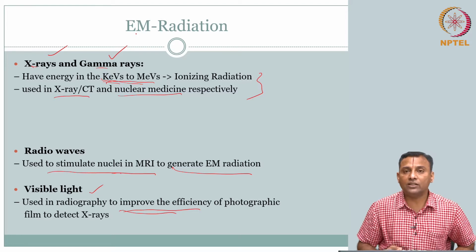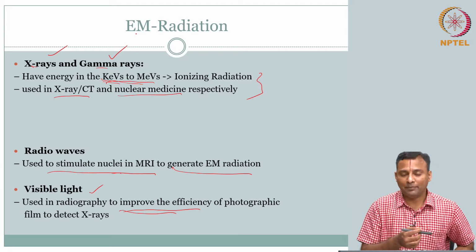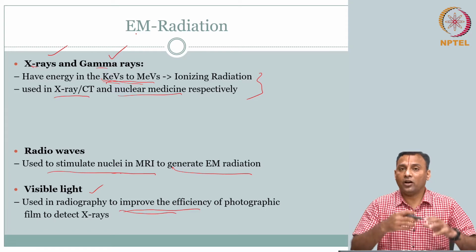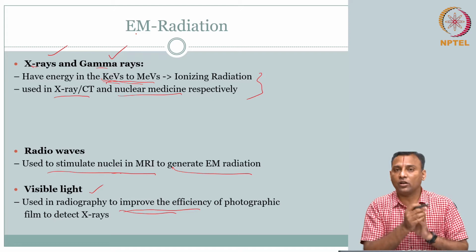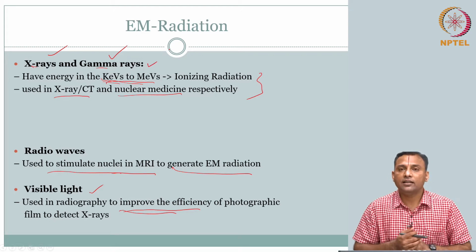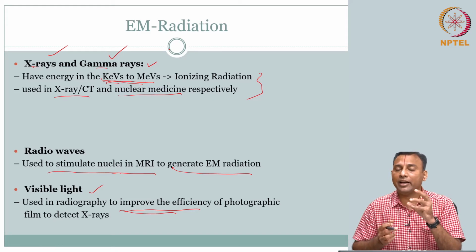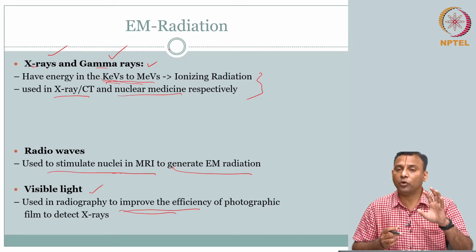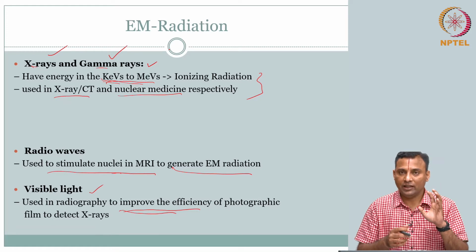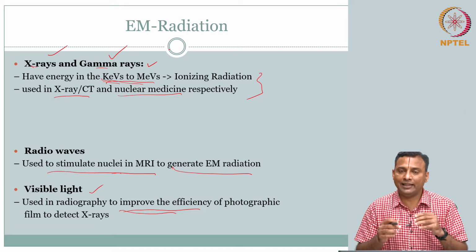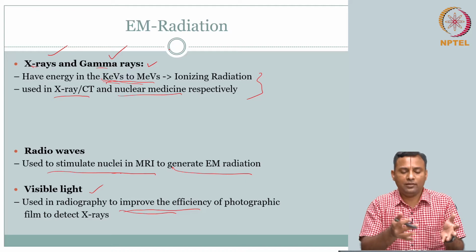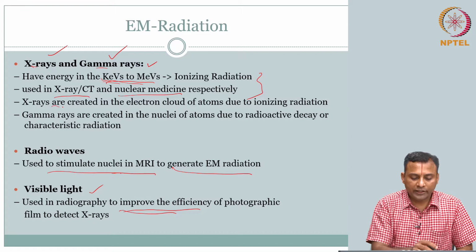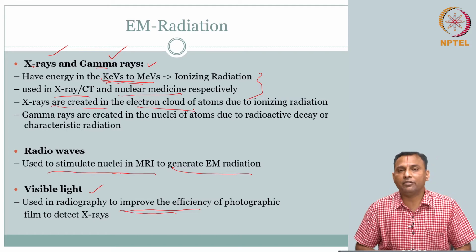In X-rays, where is the origin? We just saw, right, Bremsstrahlung and characteristic radiation, which come from the electron cloud, whereas gamma rays come from nuclear radioactivity, from the nucleus. Remember, the point of origin is different for both the signals, both the energies. That is the difference. Otherwise, their interaction is nothing but a photon with that energy interacting with the material. So, the creation is the difference.